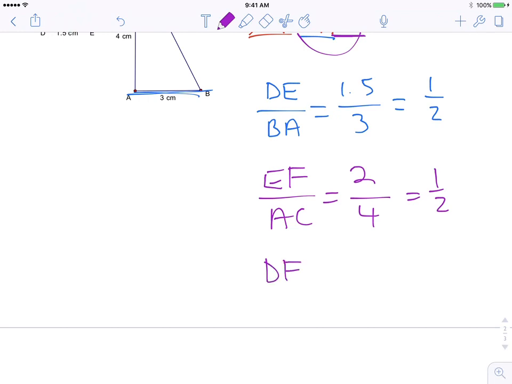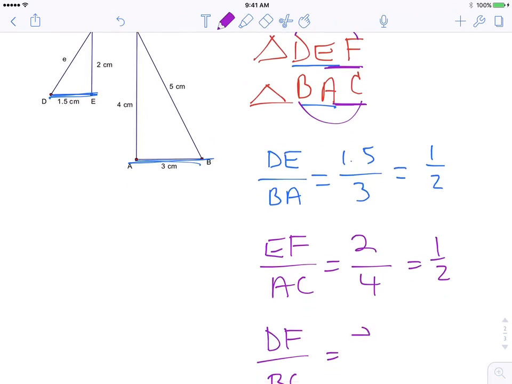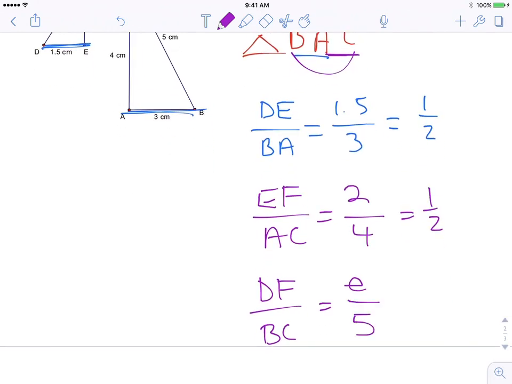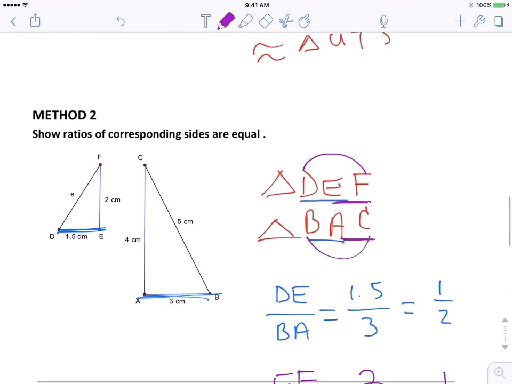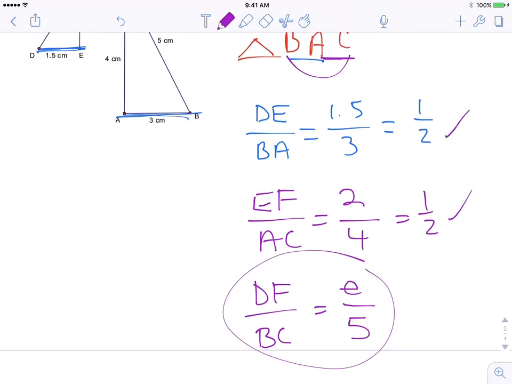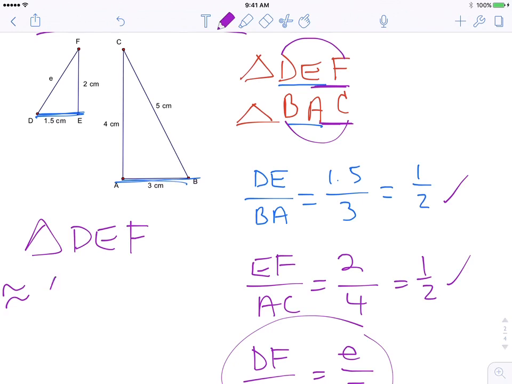So you can say DF to BC is equal to, and what is DF equal to? It's just E, which is unknown, and CB or BC is 5. So I don't know what E is, but I did show that the ratios of corresponding sides are equal, and this third one will automatically be equal. If these two are equal, then the third one is automatically in the same proportion. Hopefully that makes sense. So we've proved here that triangle DEF is similar to triangle